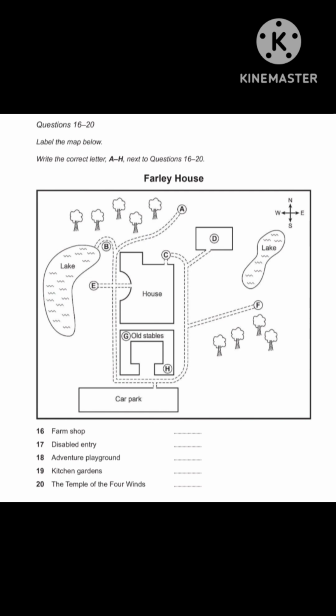The Temple of the Four Winds is a bit more of a walk, but it's worth it. Take the path from the car park and go past the western sides of the stables and the house. Then, when the path forks, take the right-hand path. Go up there with the woods on your left, and the temple is right at the end. There are great views over the whole area. OK, so